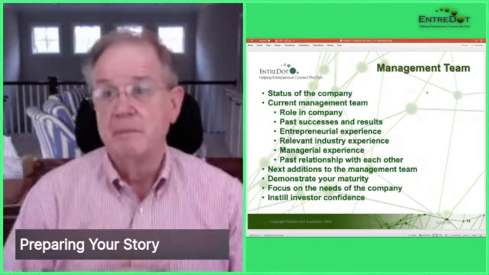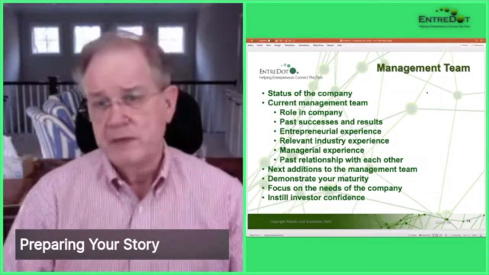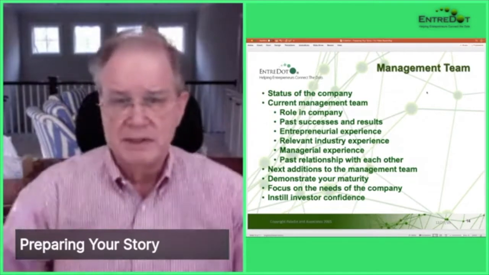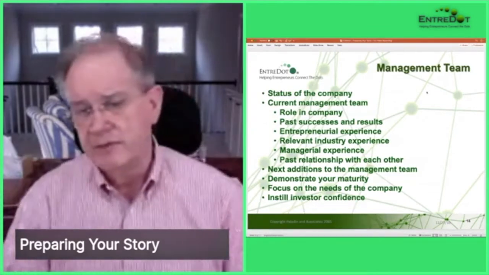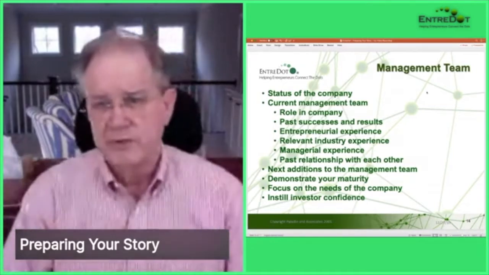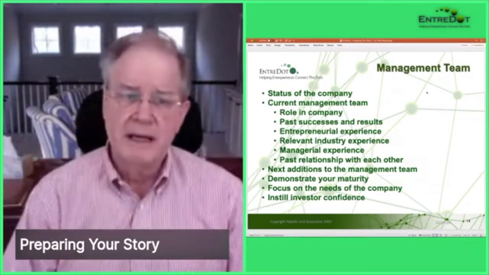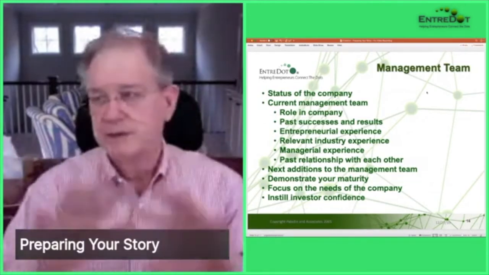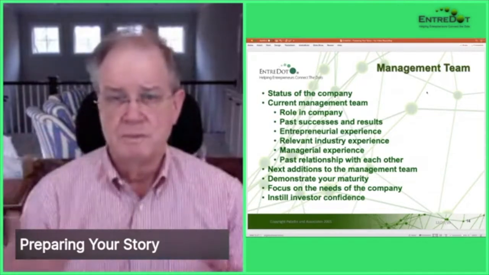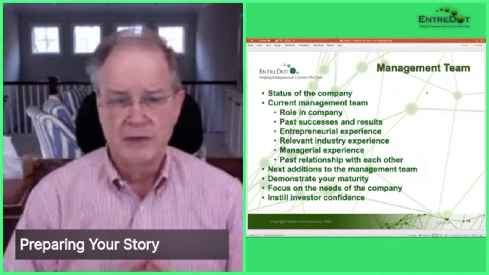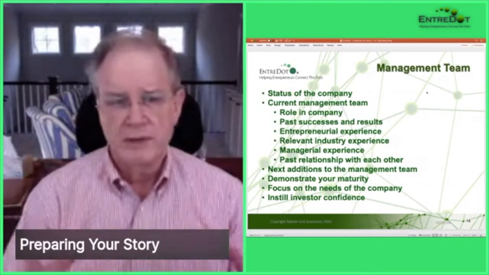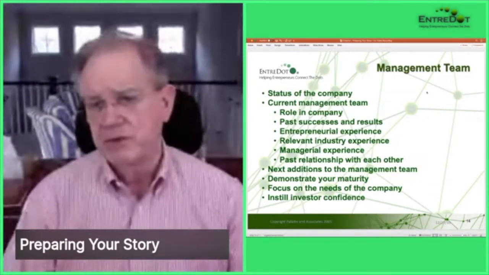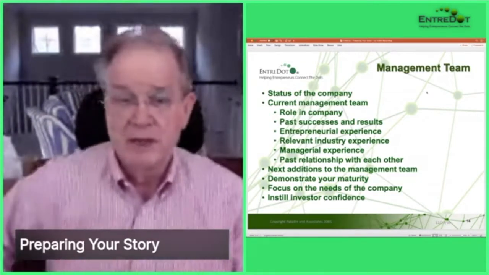It's time to talk about the management team of your company. For each member of your management team, you have founders of the company, and you've got a CEO and a head of engineering, head of sales, head of marketing. These kinds of positions are typically the early ones to have. But you explain for each member of the management team, not every subcontractor and people below within your organization, but explain what their role is and who they are and past successes and results they've achieved and other things they've done in their career.